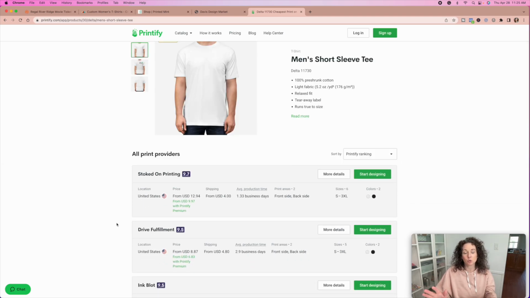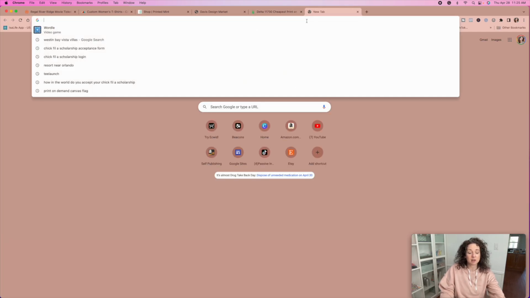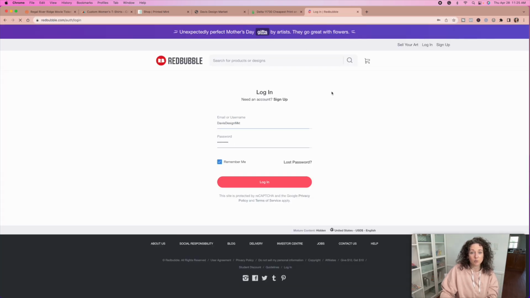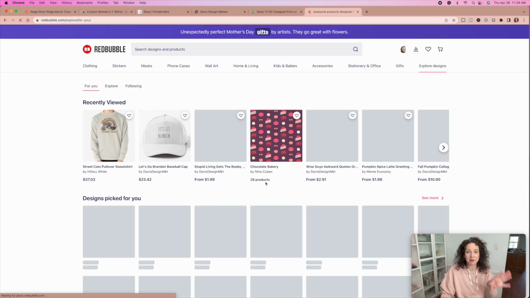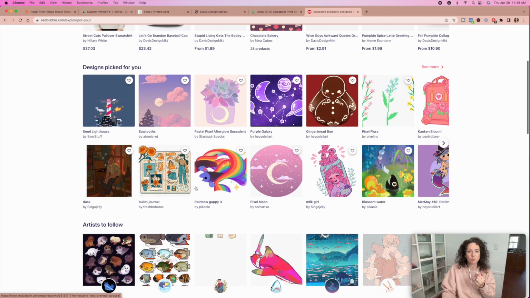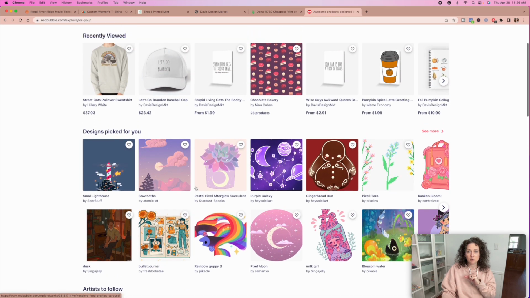Now, these are just 3 of, I would say at least 50 print-on-demand companies out there. Some other ones that you can check out are Gelato. You can also work with companies that are all-inclusive, like Redbubble. Redbubble, and I have experimented with all of these for my TikTok channel just to be able to show people how it works. But with Redbubble, what you do is you upload,